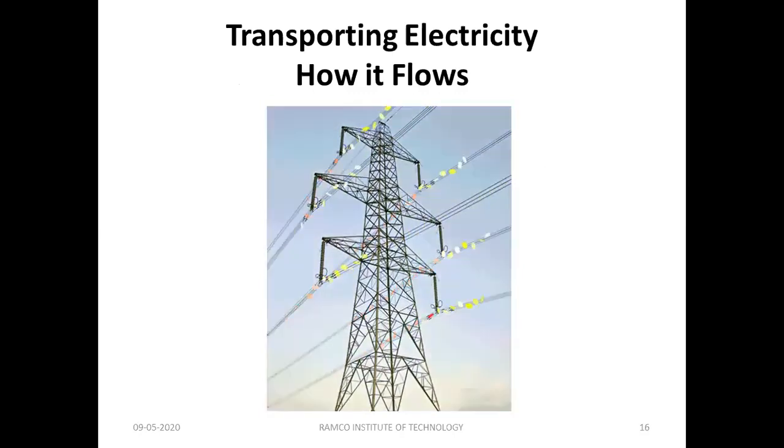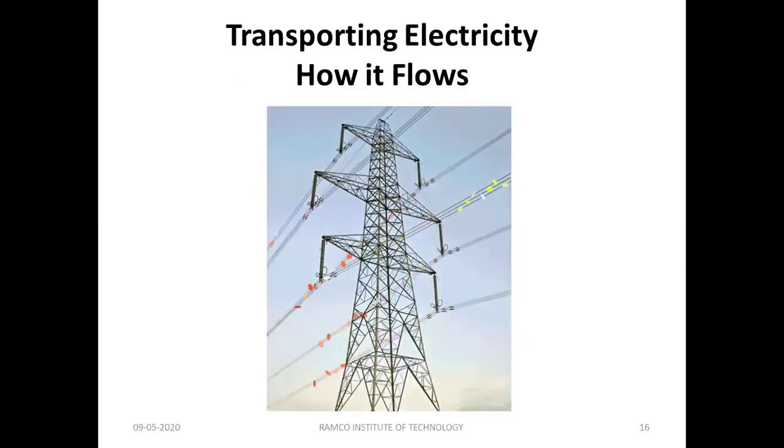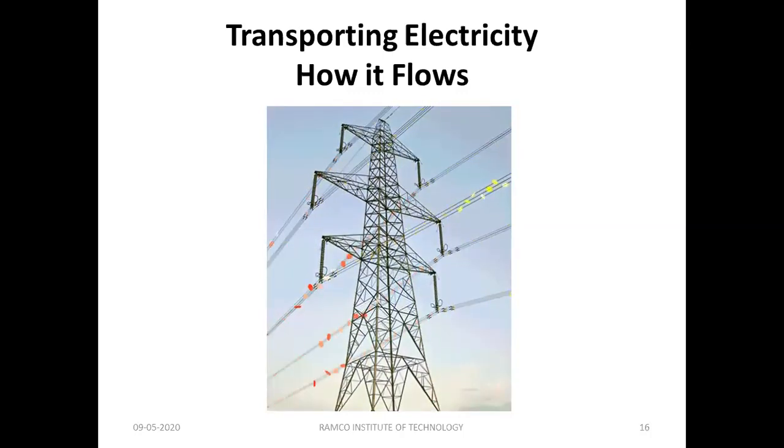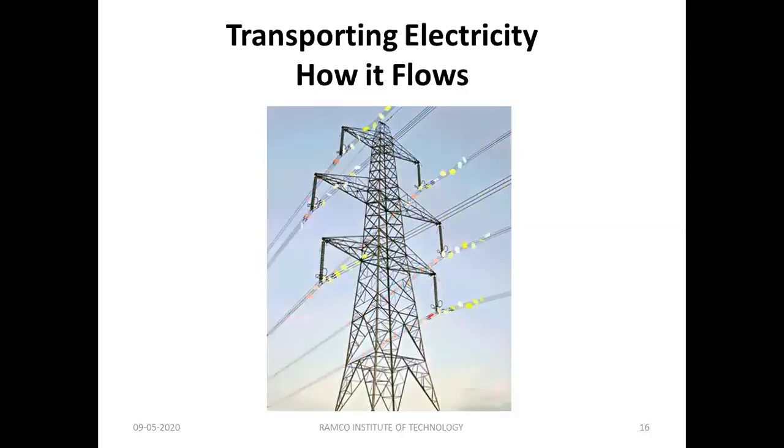Now let me explain transporting electricity, how it flows. I already told you that from our electric post we are getting power. From where are we getting power, right? We cannot see the power there. It is some flow of electrons, current. We might have studied the definition: flow of electrons in a conducting medium is called current. From where are we getting power? Is there any power stored somewhere that we are utilizing? I'm going to clarify all these doubts in this session.